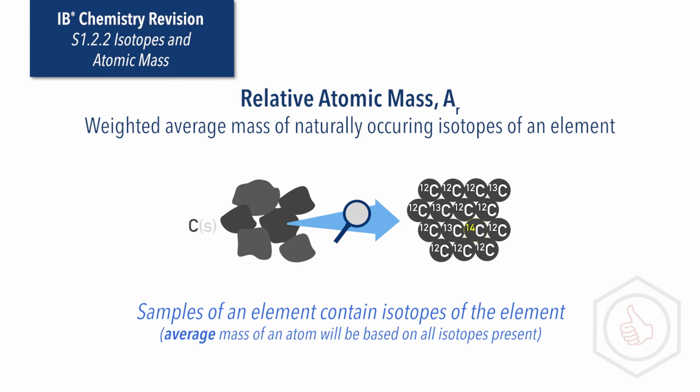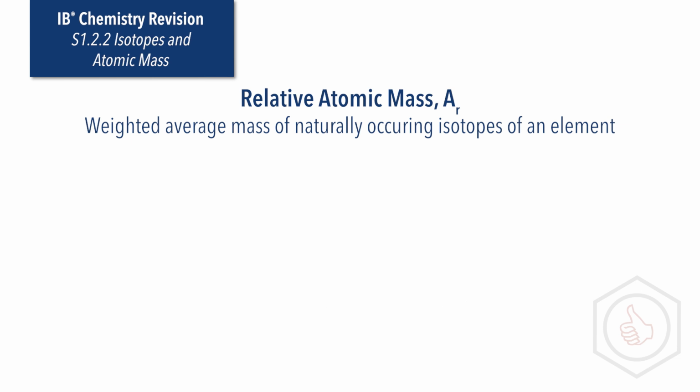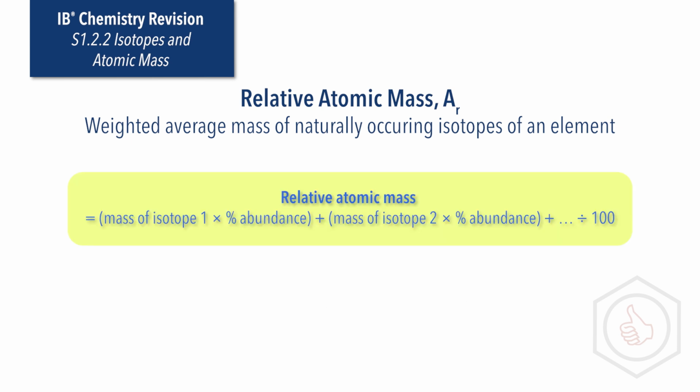present. As a result, relative atomic mass is calculated from the mass of each isotope present and its percentage abundance, meaning how much of it there is. The relative atomic mass is calculated then as the sum of each mass of isotope times its percentage abundance divided